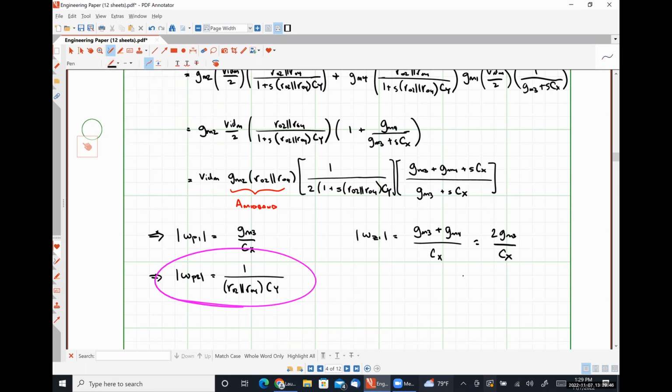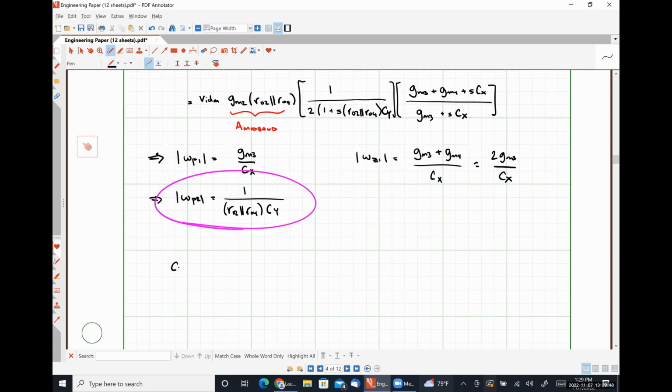From this, our gain bandwidth product, GBP, is our mid-band voltage gain, GM2 multiplied by R naught 2 in parallel with R naught 4, multiplied by our bandwidth, 1 over R naught 2 in parallel with R naught 4 times CY. This bit cancels this bit, and it's literally just GM2